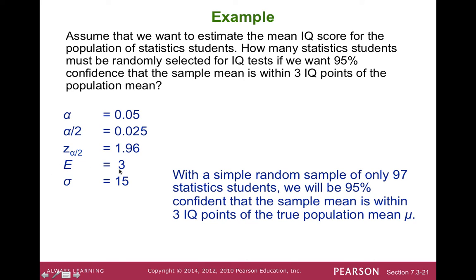E is our margin of error, and they're telling us what they want our margin of error to be. Basically, it's 3 IQ points. 3 IQ points plus or minus is the margin of error. And then finally, we're given how many students, I'm sorry,